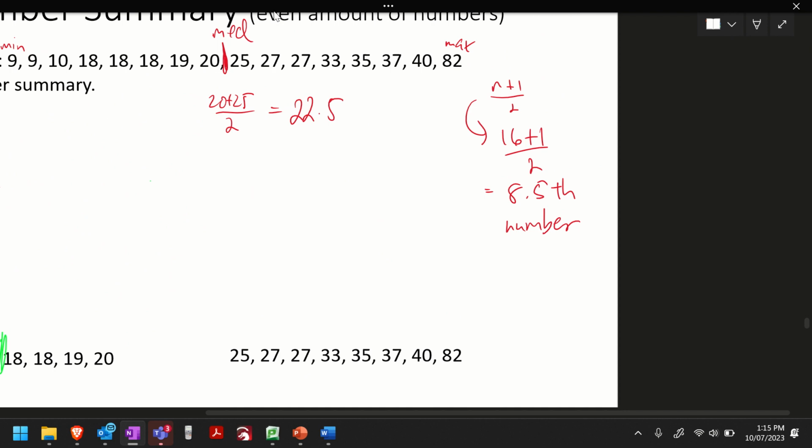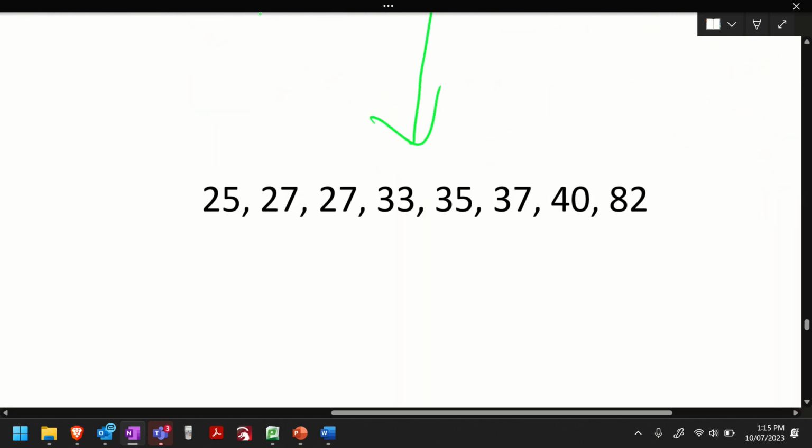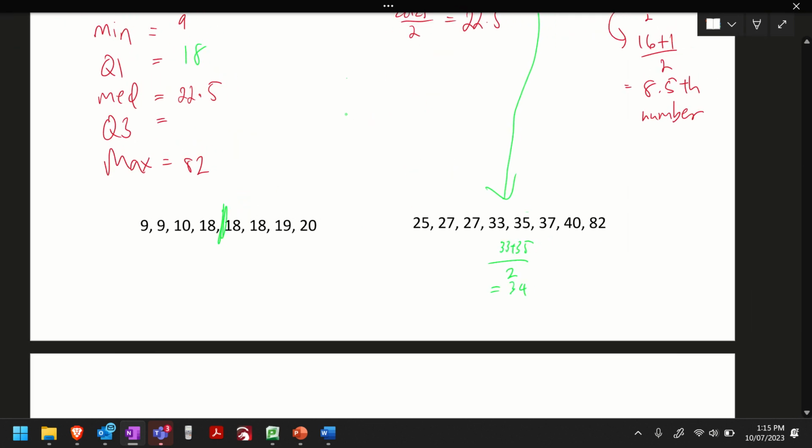Same thing though, again, you don't include the median. So it's just this data set here. What's the median in this data set? Let me ask Kane. Where's the middle number here? Is it 33? You think it's 34? Why do you think it's 34? It's in the middle. Good. It's between 33 and 35. Add them together. Divide. Divided by 2 equals 34. Well done, Kane. So that means Q3 is 34. Easy. Any questions?